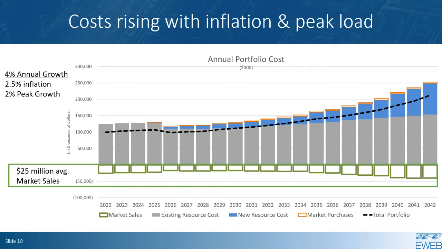similar to our portfolio today, this reference case is long on average because it meets most of our peak needs with hydro and renewable resources. And these resources are dispatched by the weather, and they'll produce energy even when you don't necessarily need it. It's not bad to be long on average. In fact, it can be a great way to reduce your total portfolio cost by selling that surplus energy into the market. But we know that this exposes EWEB to the risk of falling energy prices.